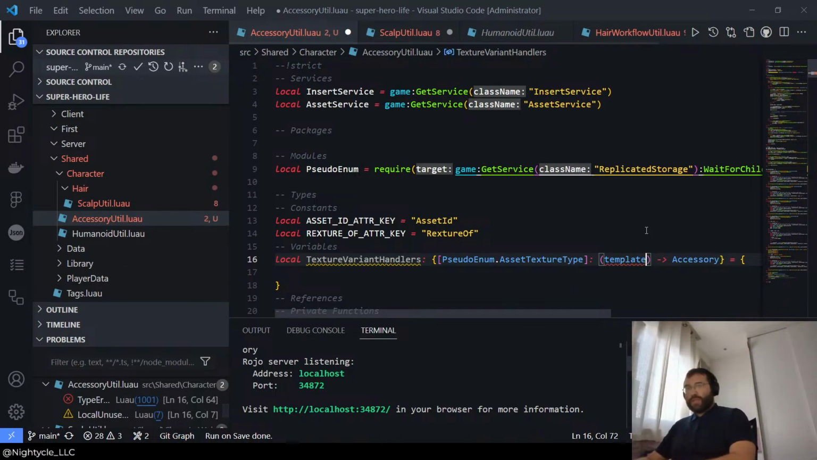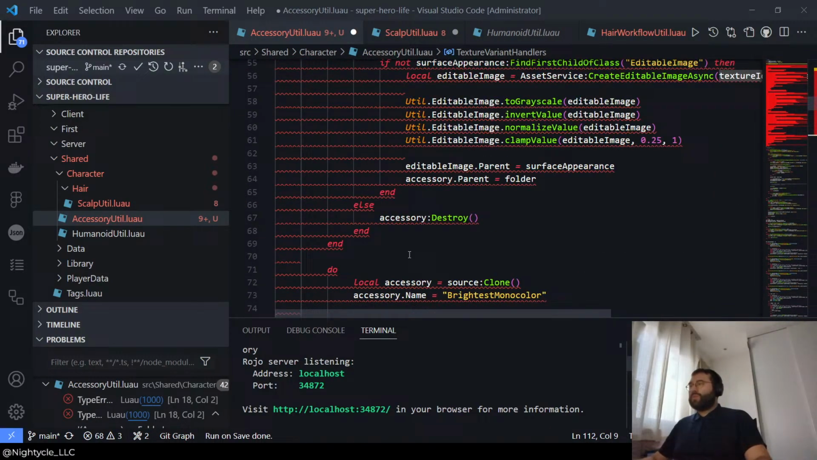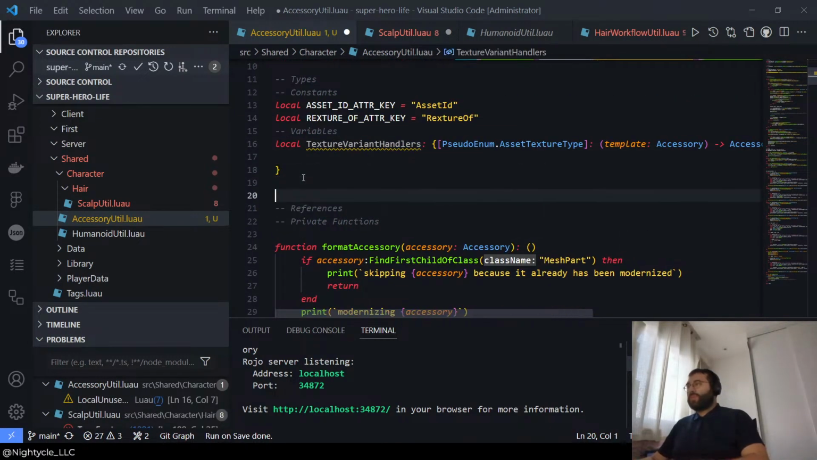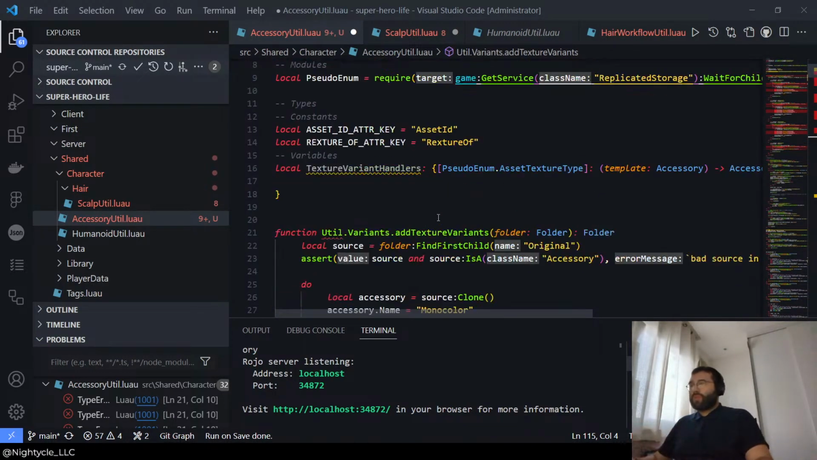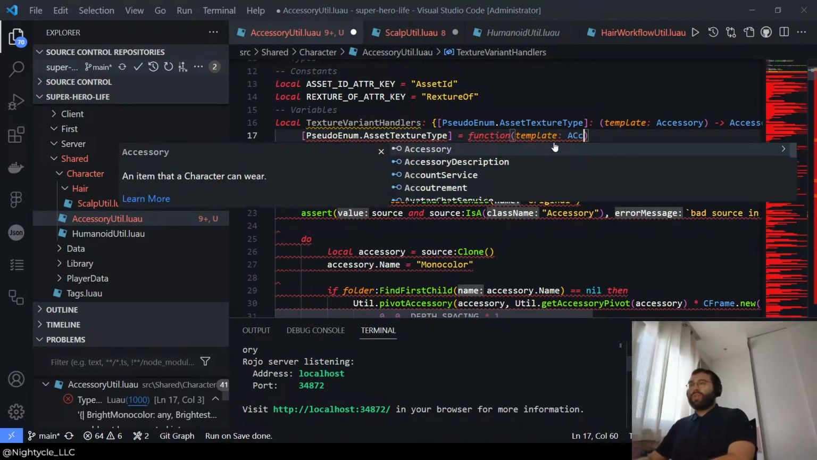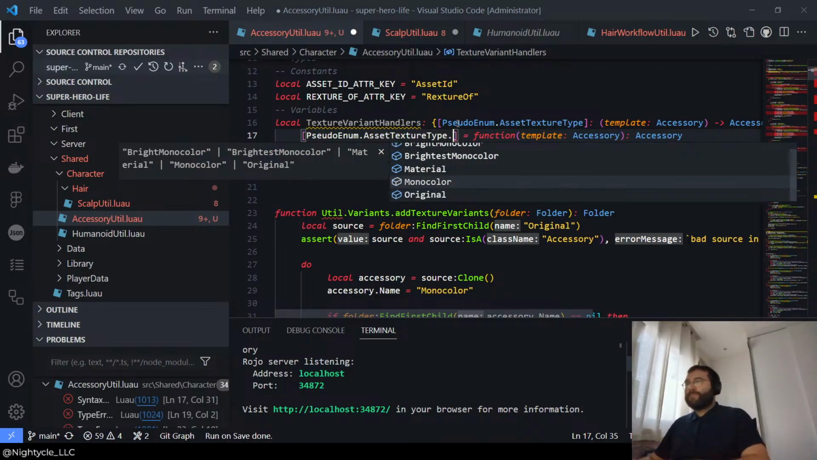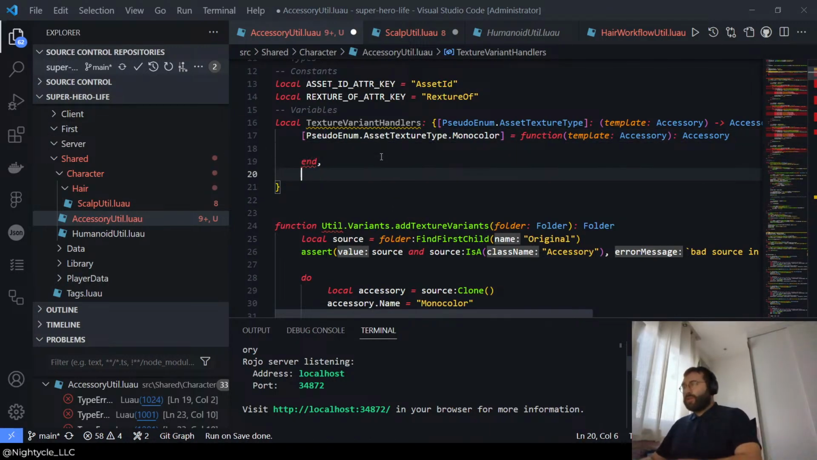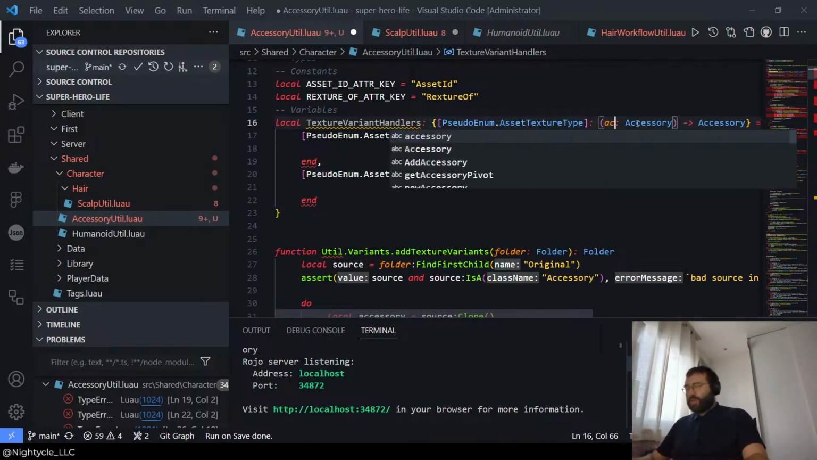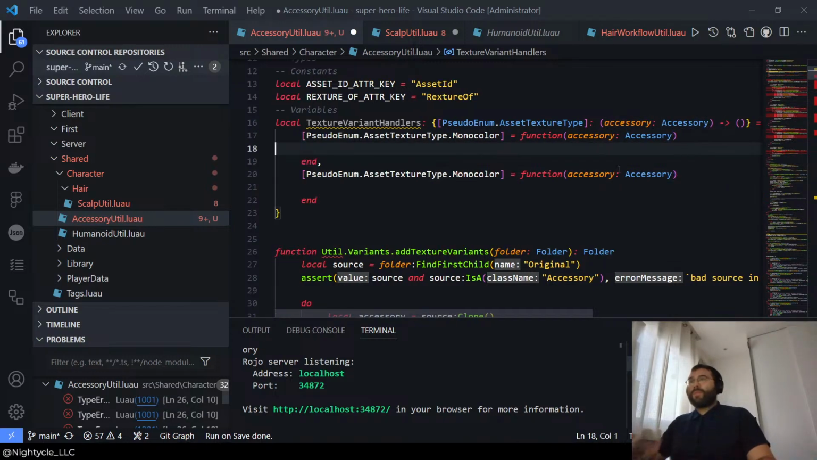Okay, so template accessory. Okay, so pseudo enum function template accessory monocolor. Okay, so we're